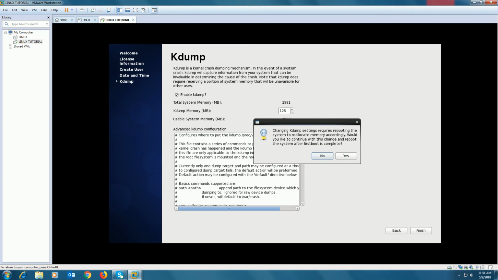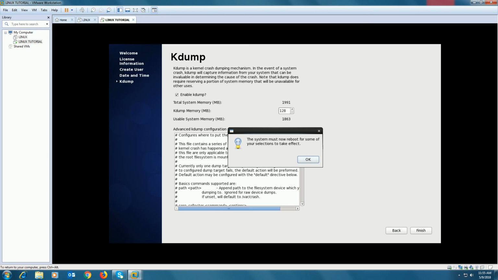Then after selecting finish, it will ask you to restart the system to save kdump settings. Click yes. Okay.